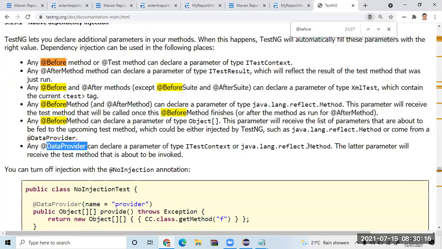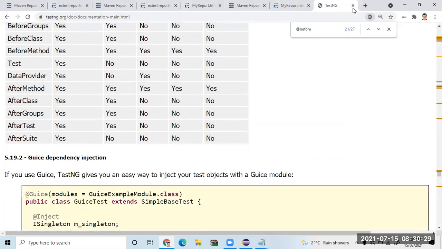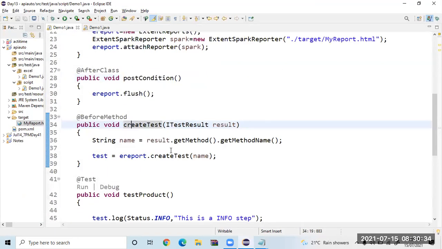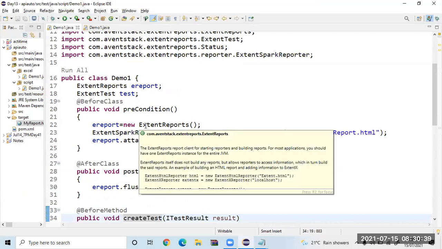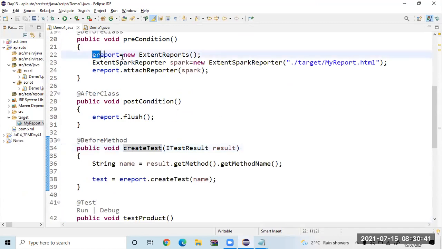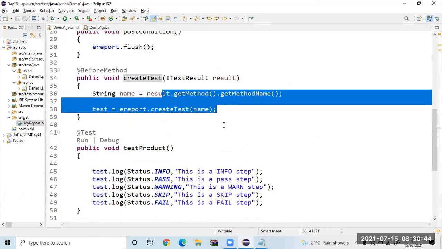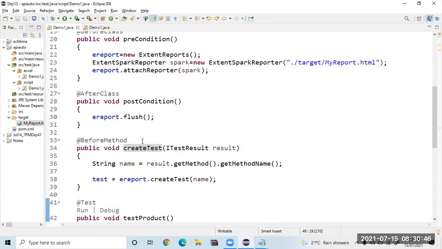There is one more concept called DataProvider, which you can take. Yes, sir. All are basically under the Java Reflection API. That's dependency injection. This is the documentation. Please go to testng.org and the docs. It's a full-fledged documentation. Sure, sir. I'll do that. And as I said, you will get complete clarity once you start implementing the framework. Which code to put where, you will understand there. This is just the basics. Okay, sir. Create Extent report, create test, call the methods, finally flush it. Those are the steps you have to do. That is enough. Yes, sir.